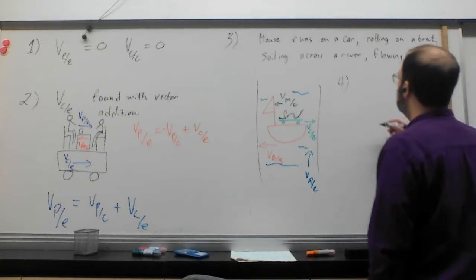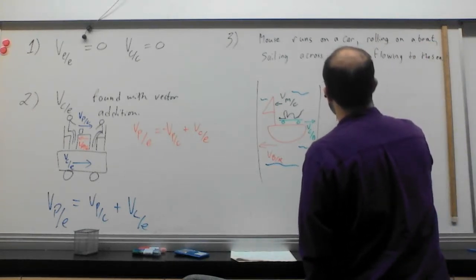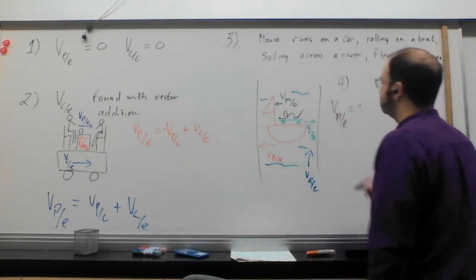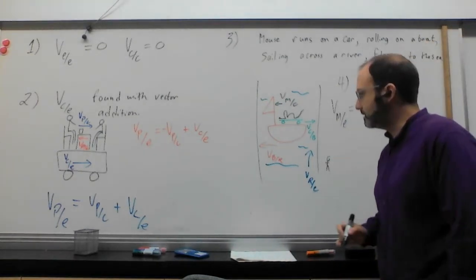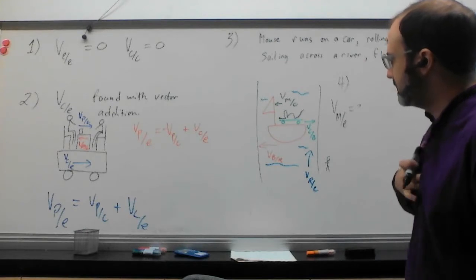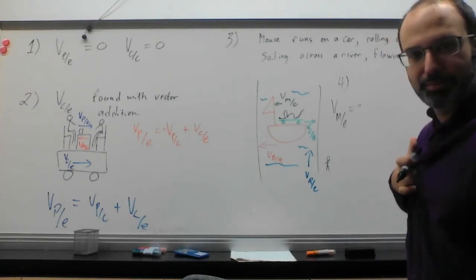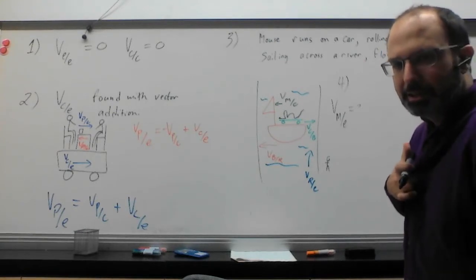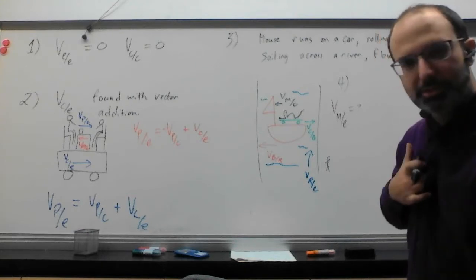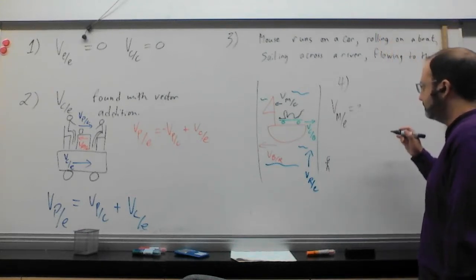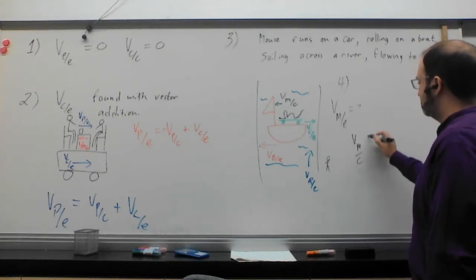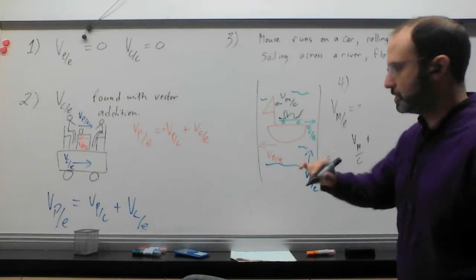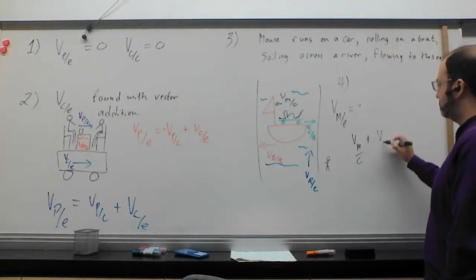What do I mean by that? What's the velocity of the mouse with respect to the Earth? If I'm standing here on the shore looking at this weird rolling, running, sailing, floating type of thing, what do I see? Well, here's how you set it up. The velocity of the mouse with respect to the car plus, it's vector addition, the velocity of the car with respect to the boat